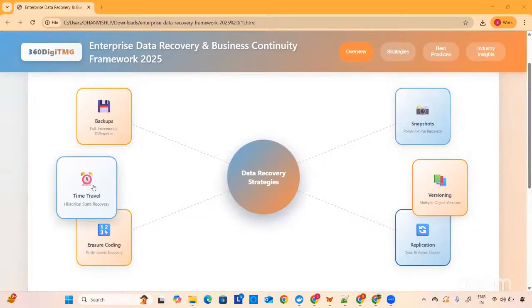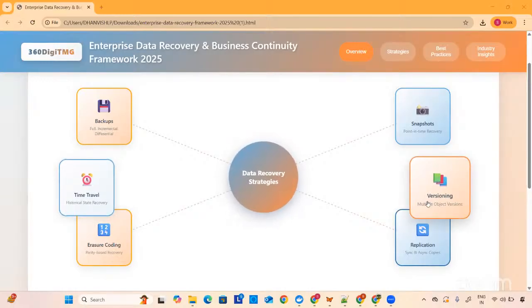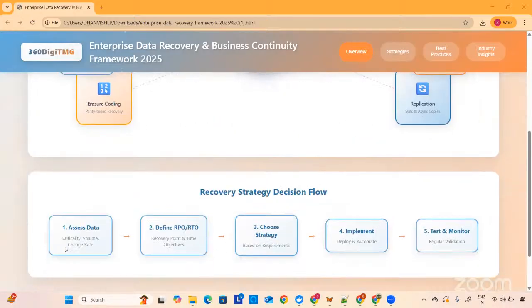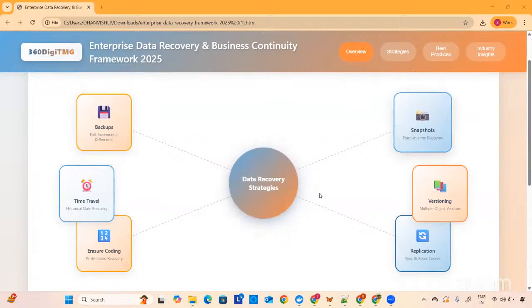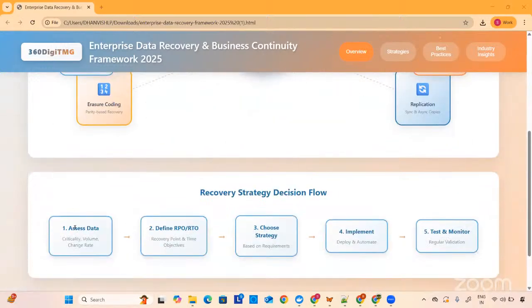If the change rate is very high, maybe you can do versioning. And you have to be cautious clearing the old versions. Suppose the data is not changing at a very rapid pace, then you can take backup once in a day or once in an hour, or take a snapshot. Assess the data first. How critical is that data? And volume and how fast it's changing. And accordingly, define your